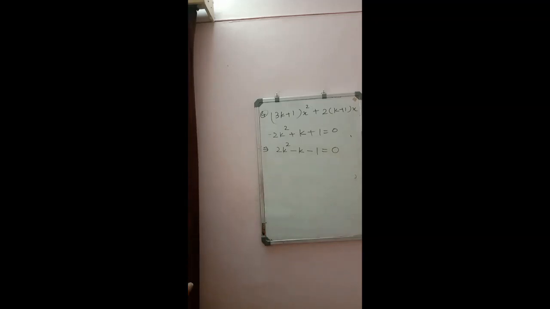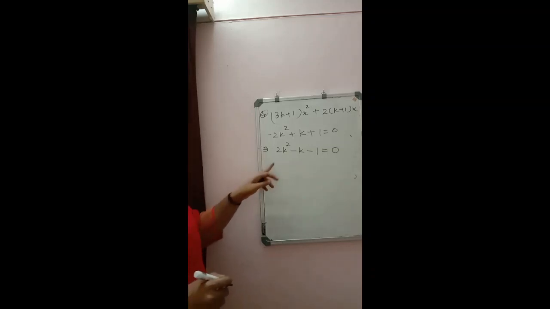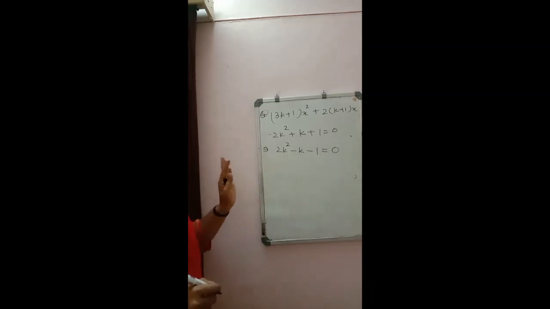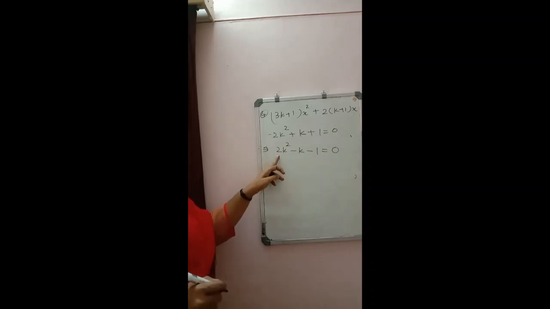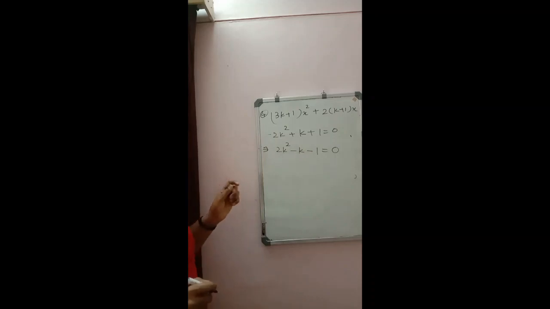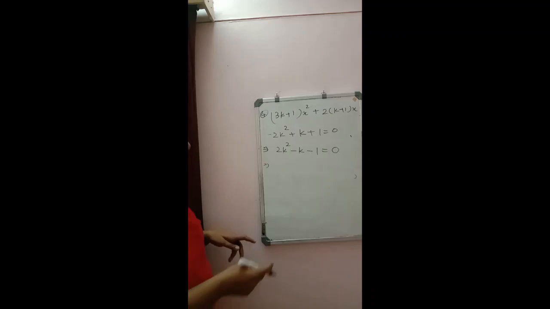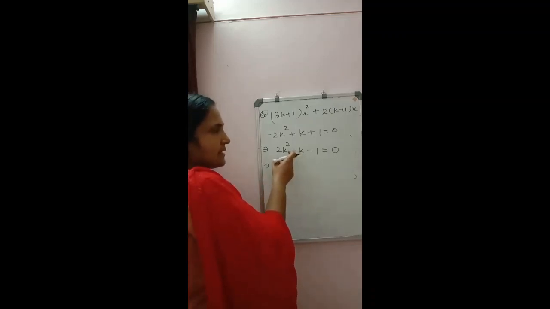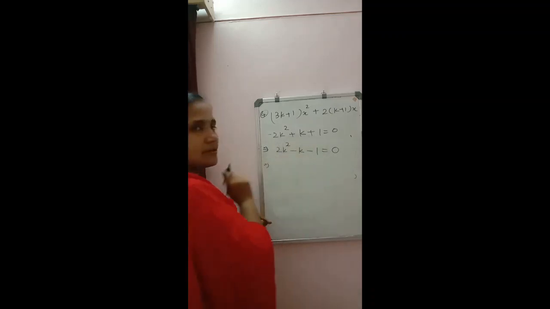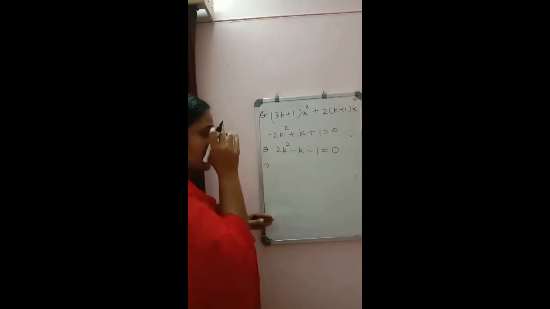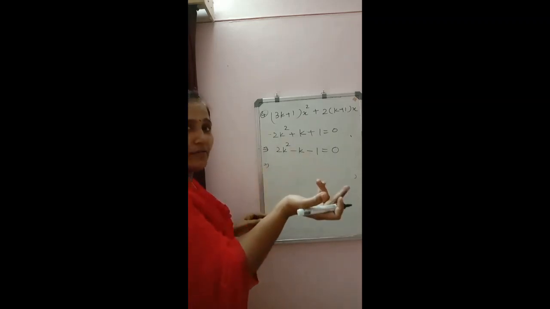Now we can solve this equation either using quadratic formula or by factorization method. If you want, you can use the quadratic formula. Here we are not finding the value of x, here we are finding the value of k. Method will be same only. Here we have a is equal to 2, b is equal to -1 and c is equal to -1. I am doing it by factorization method. Again we have to find two numbers. Sum should be equal to -1 and product should be equal to -2. So we have two numbers, that is 2 and 1 only.